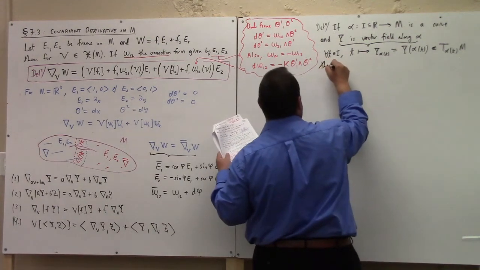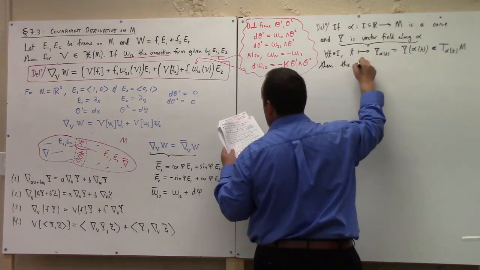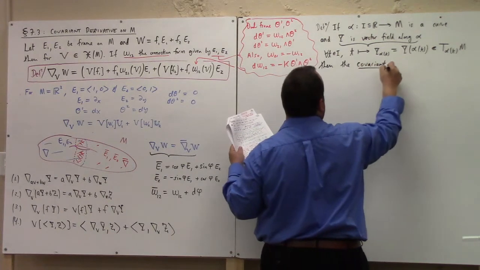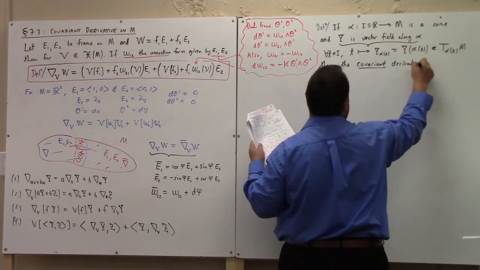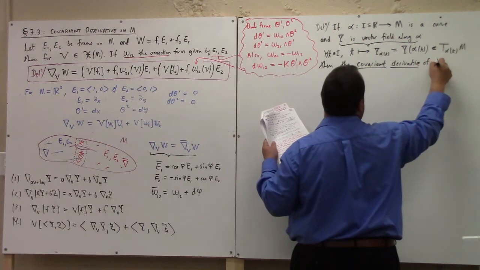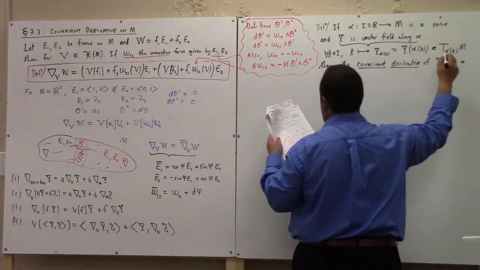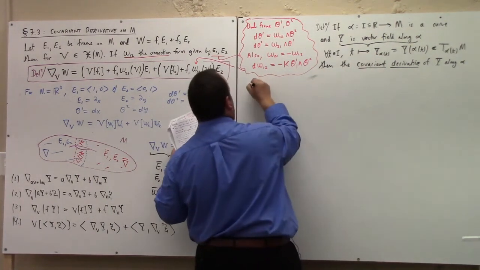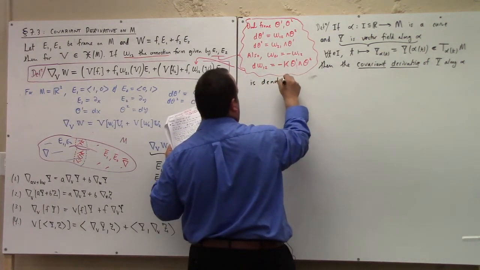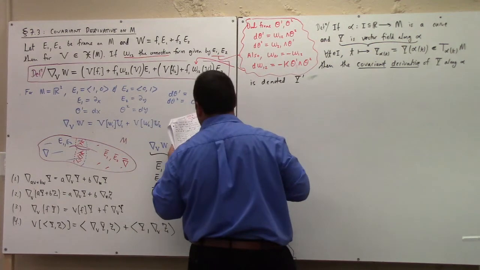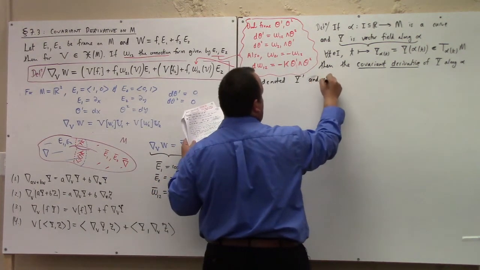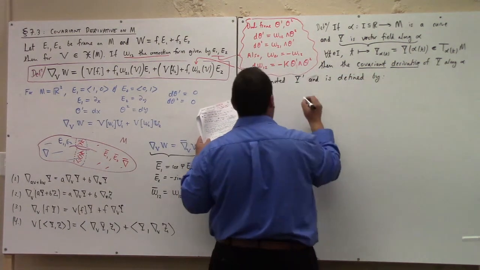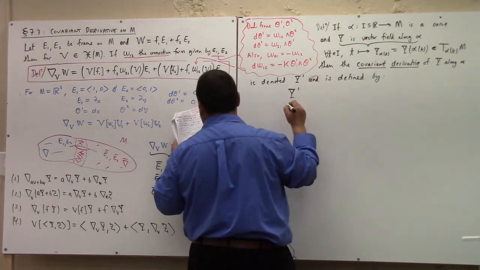Then the covariant derivative of Y along alpha is denoted Y prime and is defined by the following. Y prime is equal to,